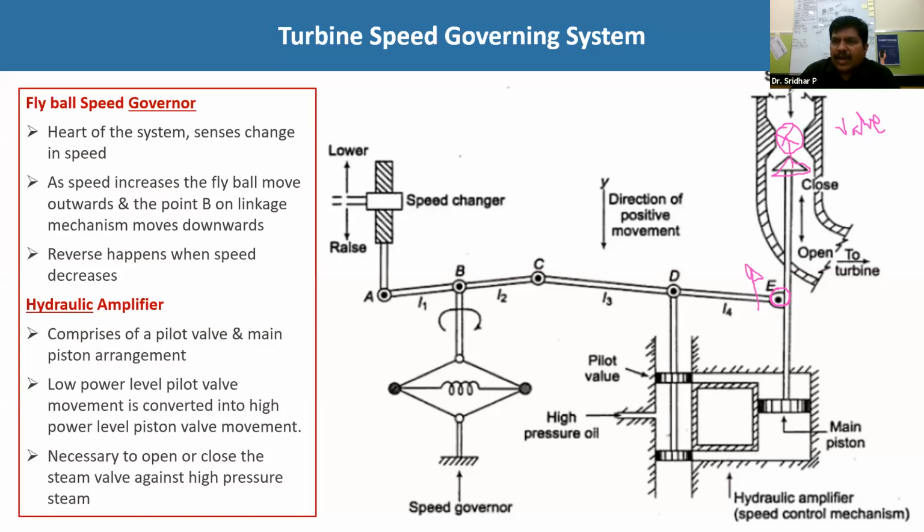If it is locked, it means whatever the steam is, it will not be admitted, and nothing will go onto the turbine shaft. Suppose E moves in the downward direction by certain amounts, then what happens? Whenever this particular E moves in the downward direction, automatically this particular jack or main piston may also be pulled in the downward direction. Once it is pulled downward, some amount of steam may be admitted onto the steam valve, and then further onto the turbine. Like this, the steam is passing through the steam valve and into the turbine.